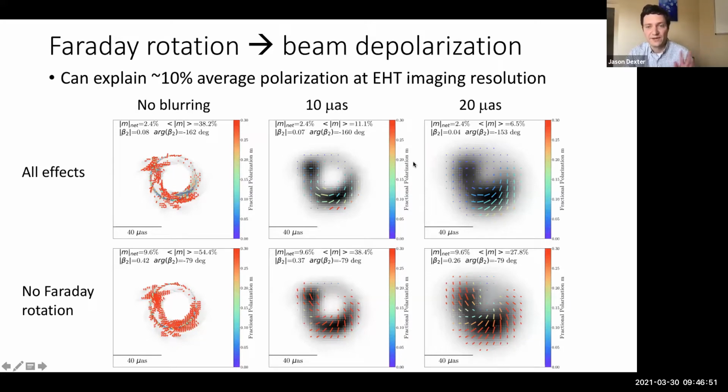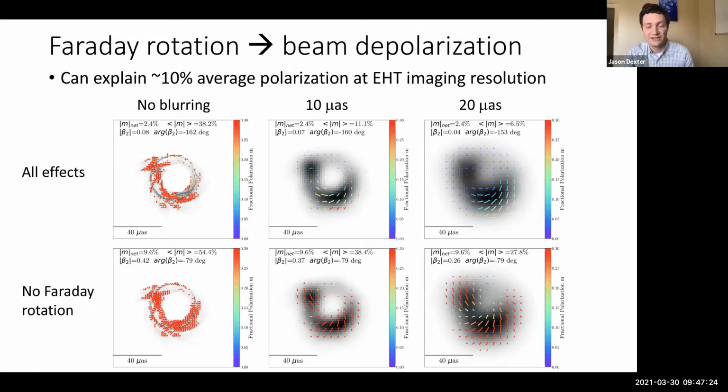One really nice thing that we are not officially interpreting, but that I think is very interesting, is that if you look at this spot up over here, it's similarly polarized in the version with no Faraday rotation, and then it actually becomes significantly more depolarized when we turn that on. I'm not lining them up one to one, but there's an interesting argument that this part of our ring in M87 is more polarized. So it'll be interesting to watch in the future if that persists or if that goes away.